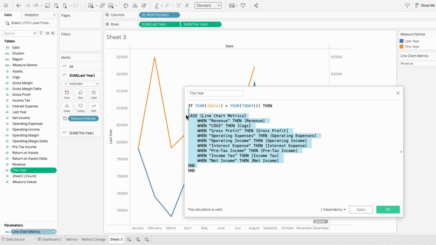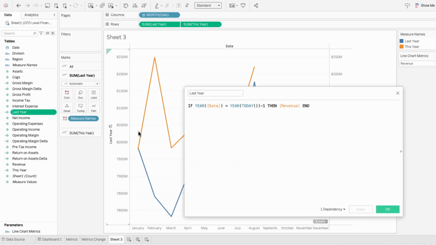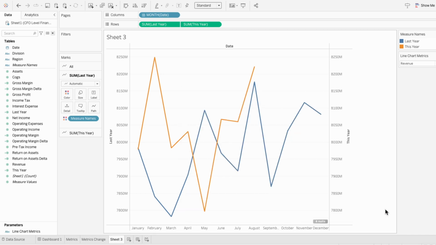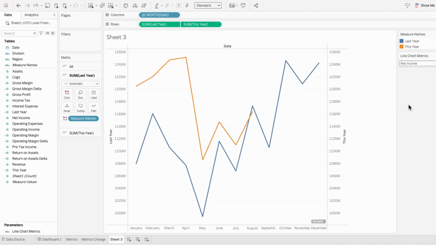And to save time, I'm going to copy this since the structure is going to be the same for the last year formula. So I'm just going to repeat that same process with last year. That didn't take long at all, and now this line chart is way more useful since I can see the trend for multiple metrics. But let's say you don't want to use the second mark for one of the years, and instead you want to use the second mark for a custom marker,